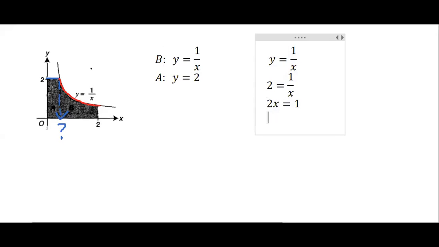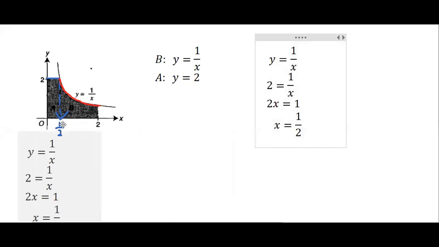2x equals to 1, so 1x equals to 1 per 2, correct. Okay, kamu sudah tahu ini koordinat 1 per 2 ataupun 0.5. 1 per 2 or 0.5. Okay, this one is for this one. Okay, lepas tu saya nak cari